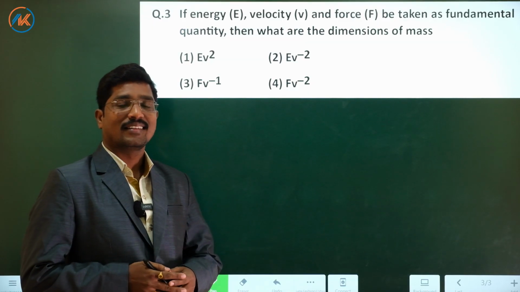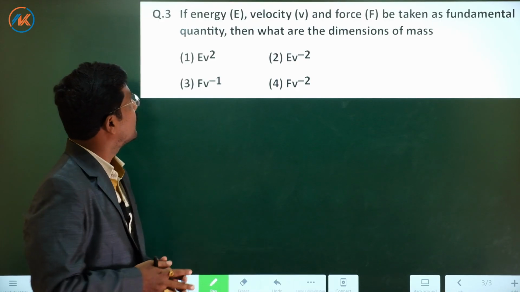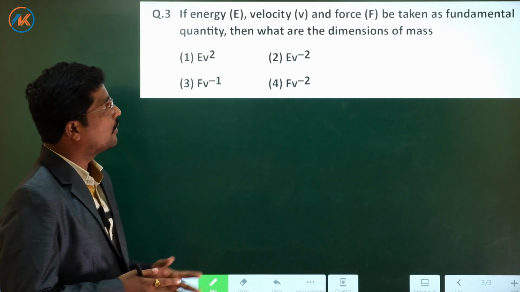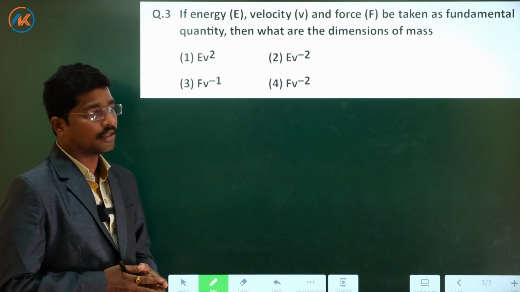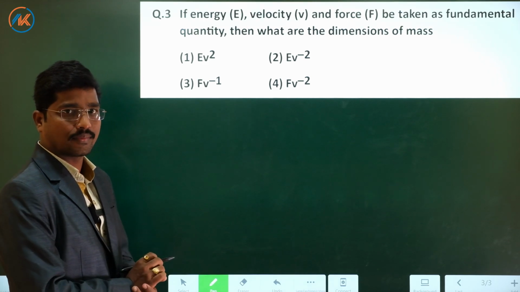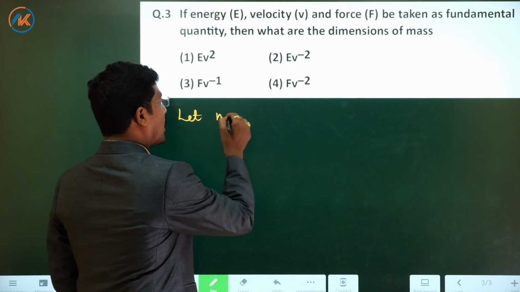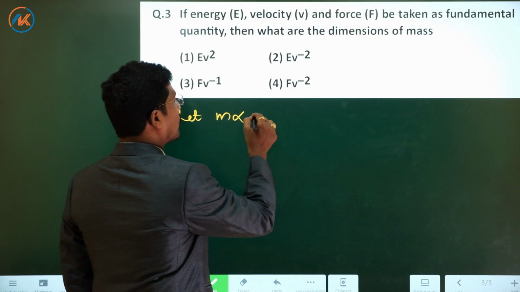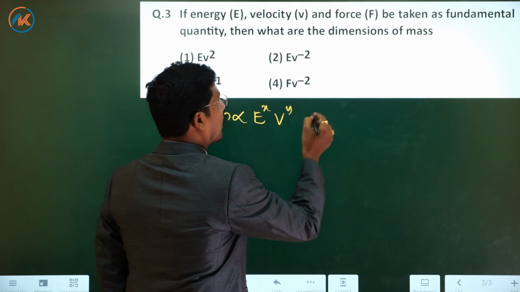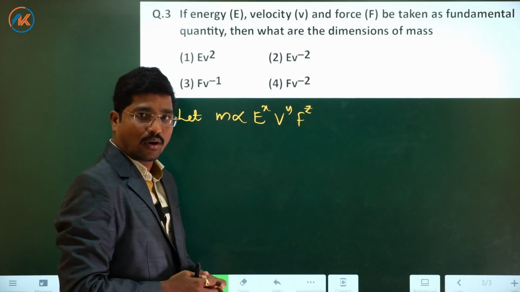Dear students, this is the third MCQ from the units and dimensions. See, if energy E, velocity v and force F are taken as fundamental quantities, then what are the dimensions of mass is asked. Okay, see, let mass m be directly proportional to energy power x, velocity power y, force power z. By substituting the following dimensions,